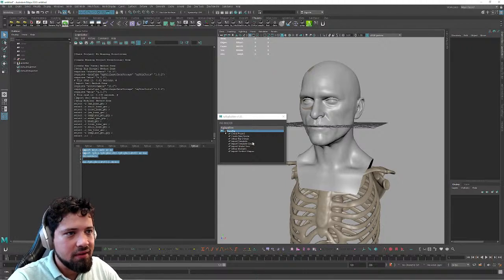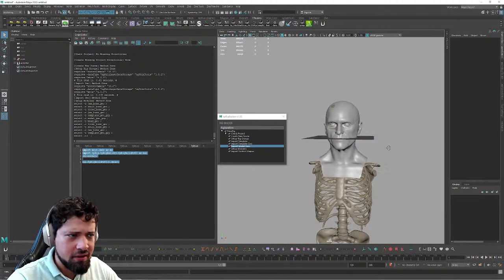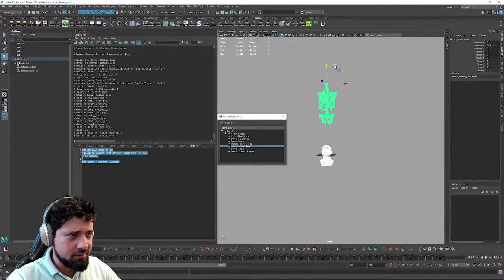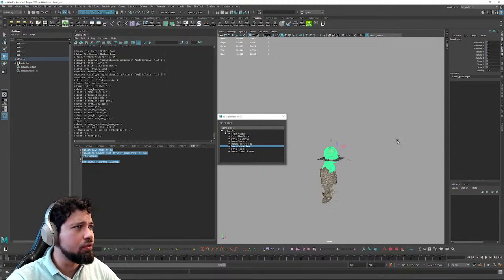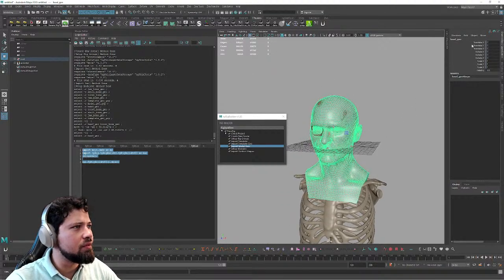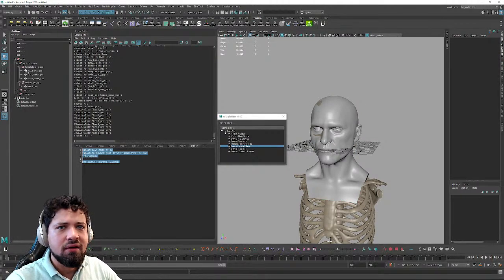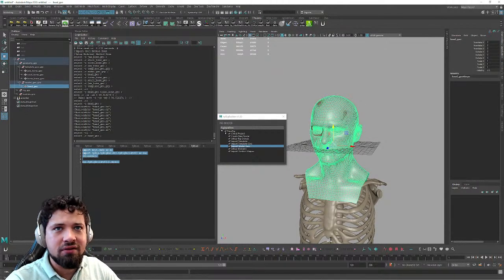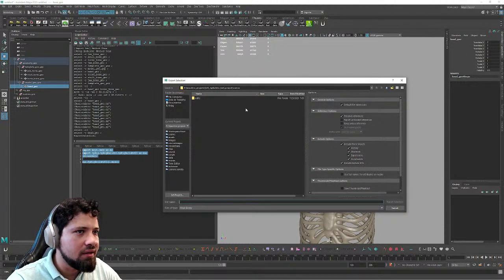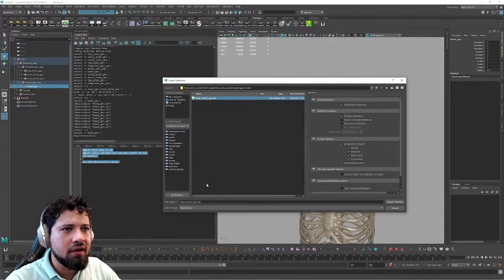So we have this here: import model geo, import template geo, and now we can start to move into the next steps. Maybe adjust this geo to the correct position. And also, I don't know why this is being exported like this. Let me unlock this selection and then just save this again. So just like export selection, and then we're going to be exporting this into the assets geo model, and with the same name this way it's just going to be replacing